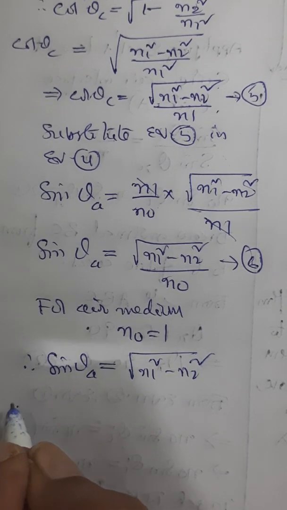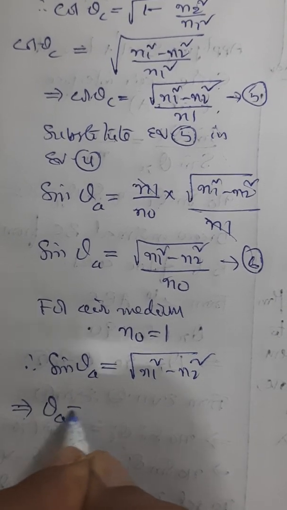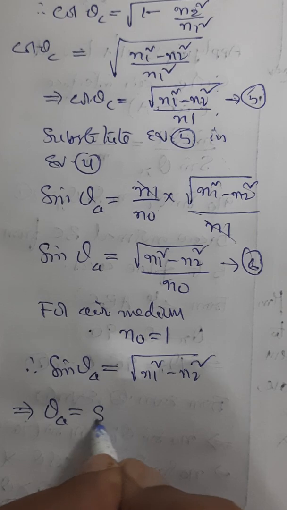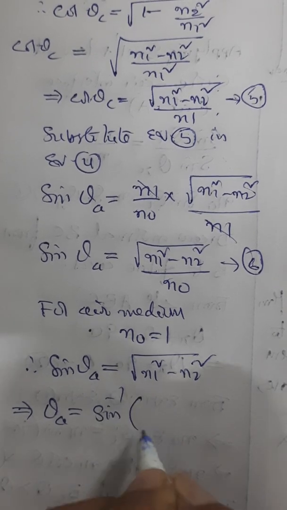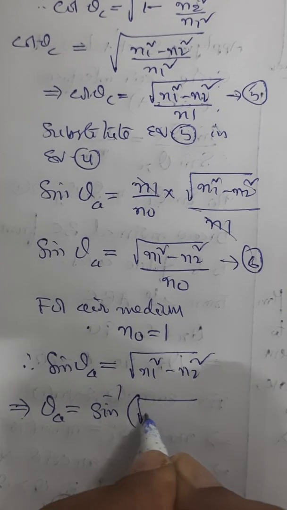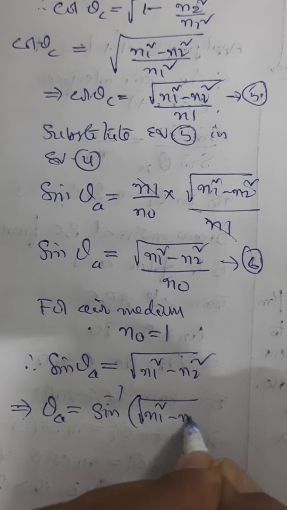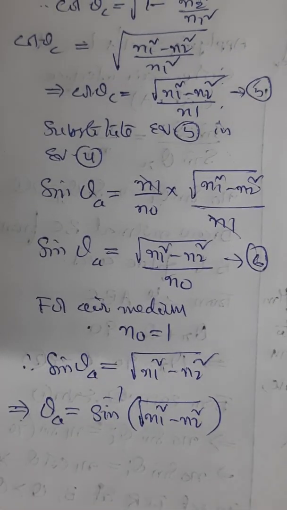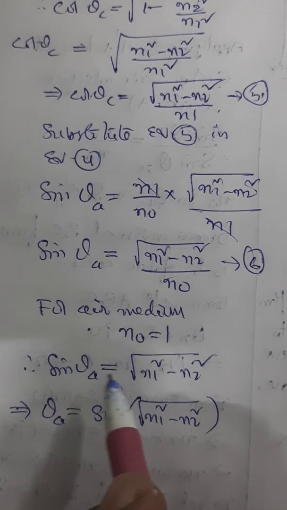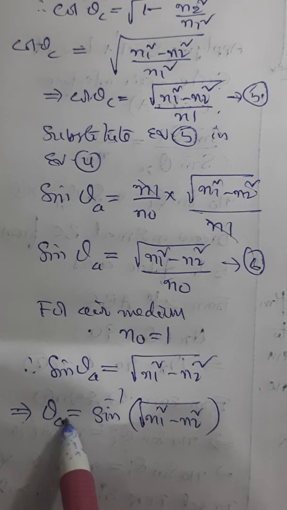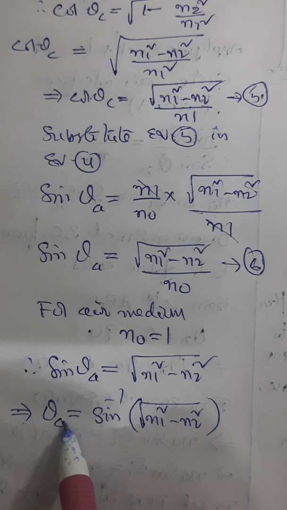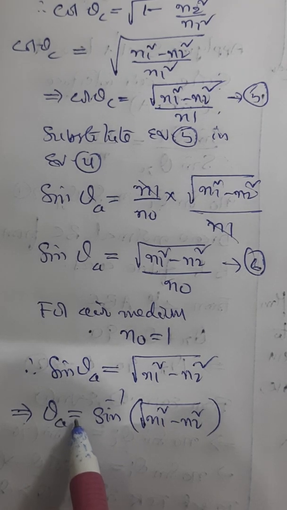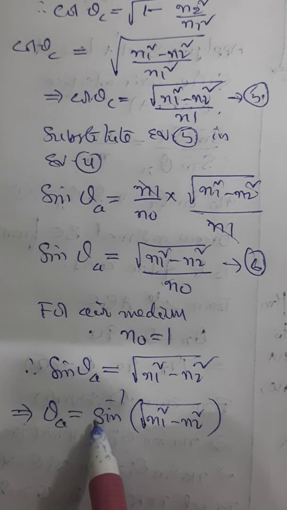That implies theta A is equal to sin inverse of square root of n1 square minus n2 square. Understood? So here theta A in this expression is the maximum incidence angle of light at the core so that